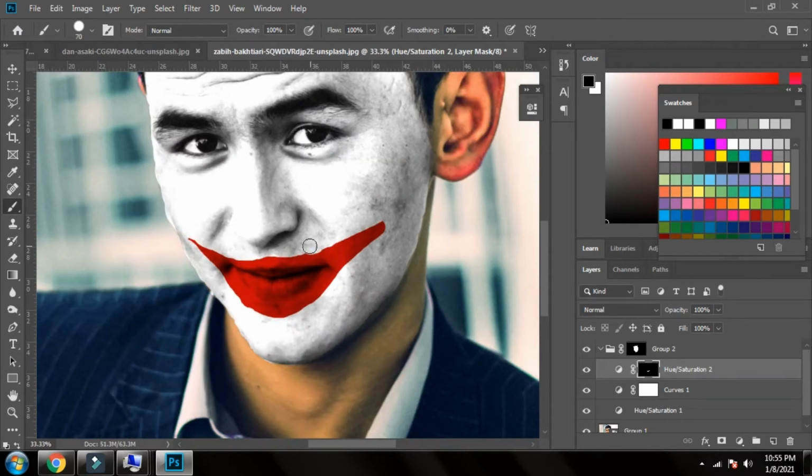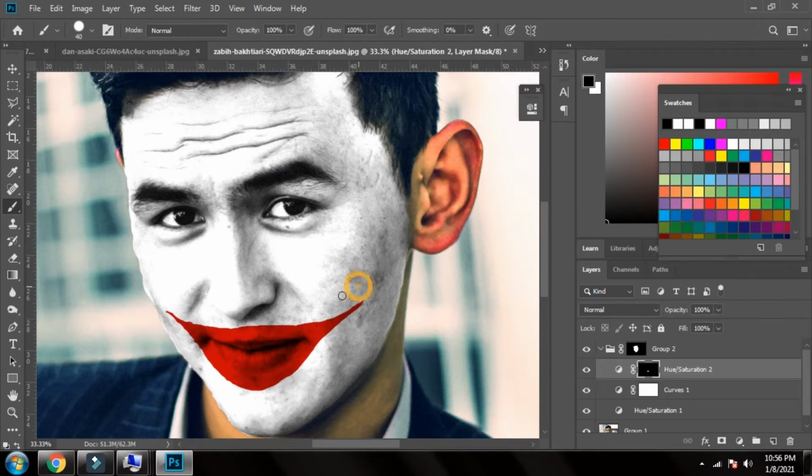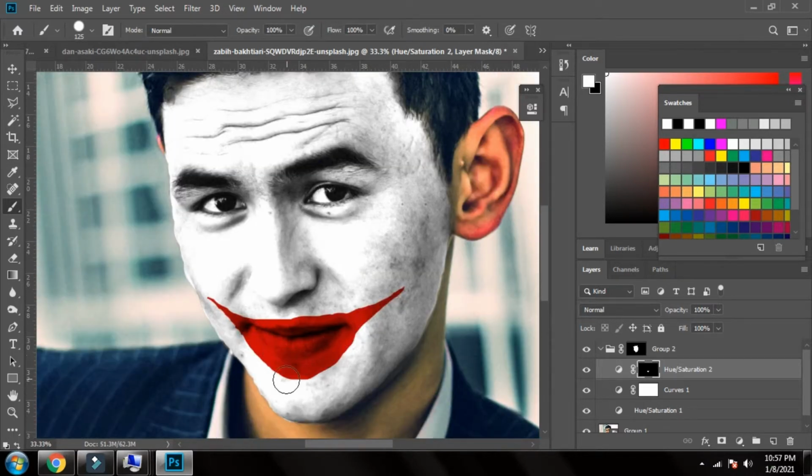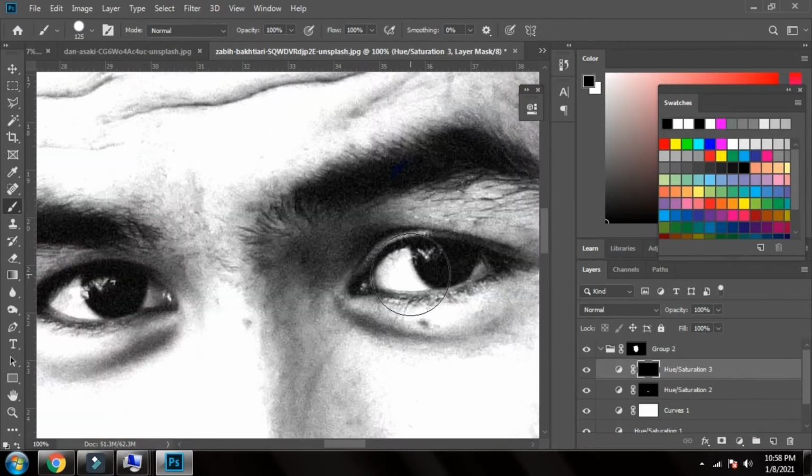After that I painted the mouth according to the need of the image. It can be different for every image because here you can see that the angle of the face is not right, so I tried to paint it a little differently. If I had a straight face, then I would have painted it simply. But for that angle I changed my mind and painted it like it's coming from a different angle.